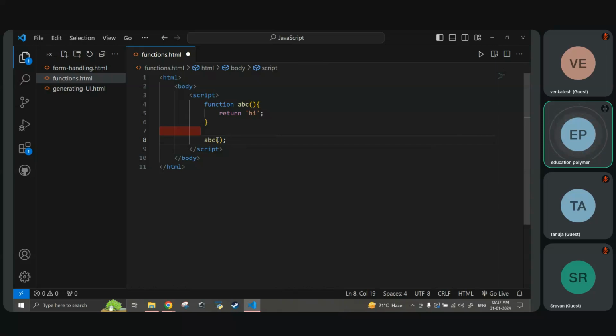In the console, can I see anything? No. I'm not having any console.log statement, so there will be no console output. It just returns a value. But if I do something like this, console.log of